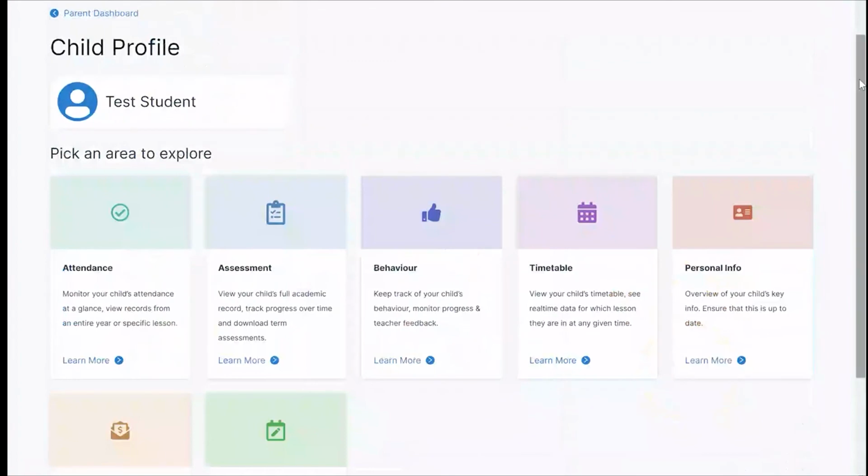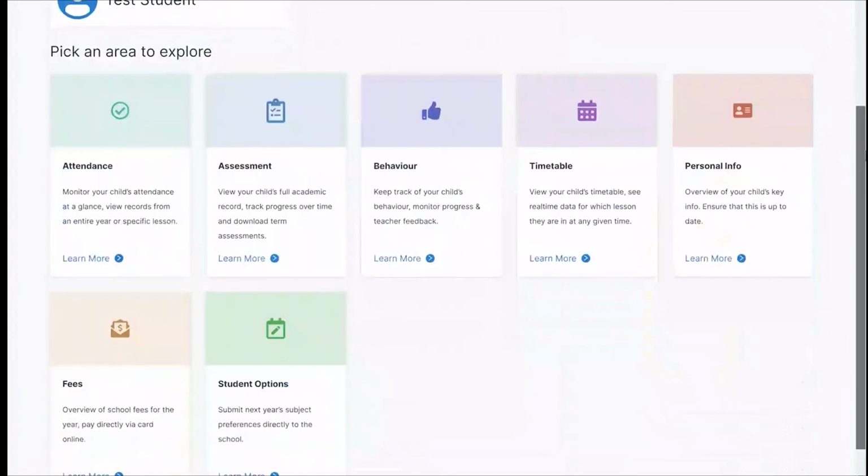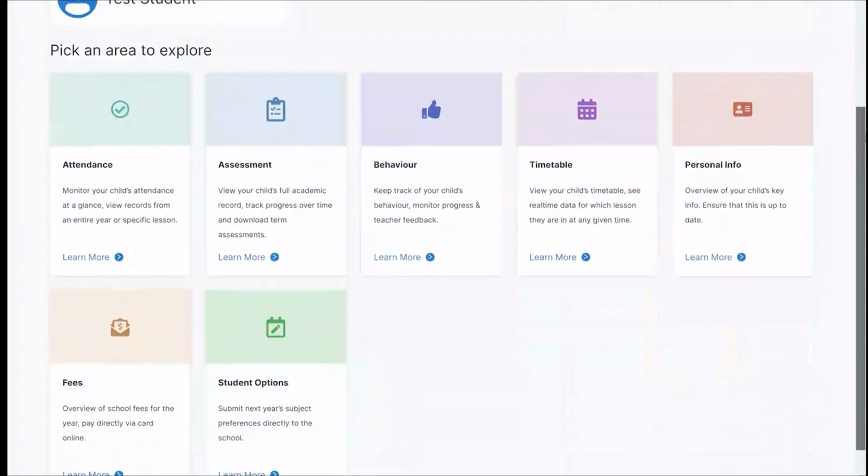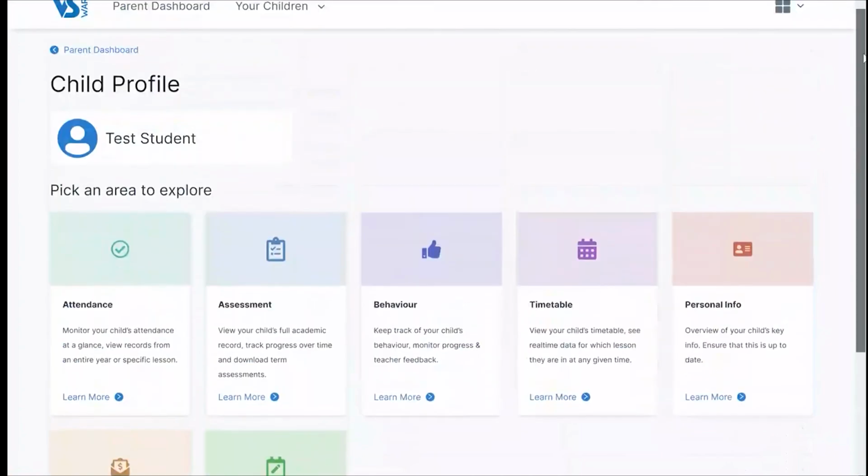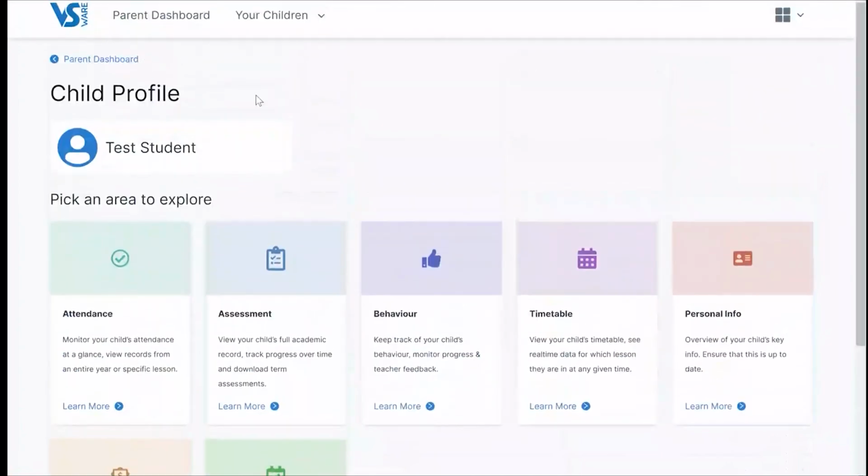So those are the key features of VSware that are available to parents. We do encourage all parents to become familiar with it, to become used to using it as much as possible, particularly the attendance and the timetable. The behavior aspect is useful,